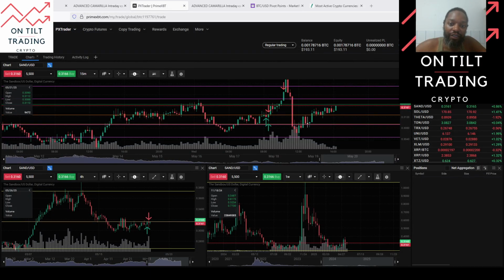Let's review my trade on Sandbox today. Sandbox I observed setting up here near the S3 Camarilla pivot. This is an area of discount, so I would be looking to buy here and looking for profit up here at the R3 level. Let's go down to the weekly for a top-down analysis, and then we'll go into more